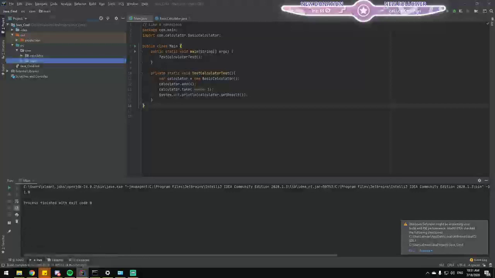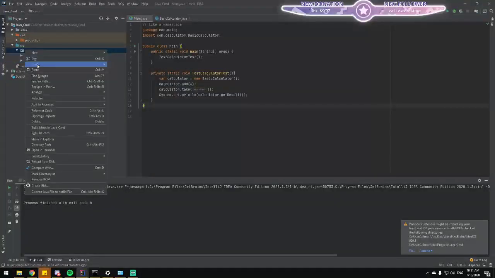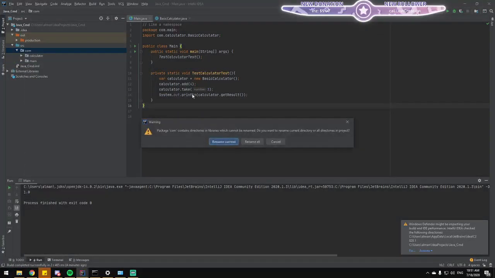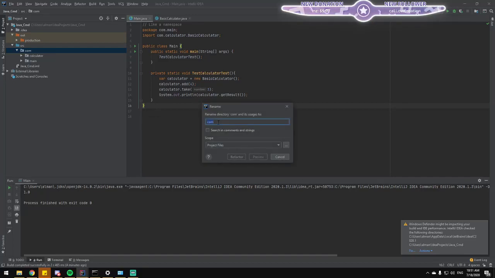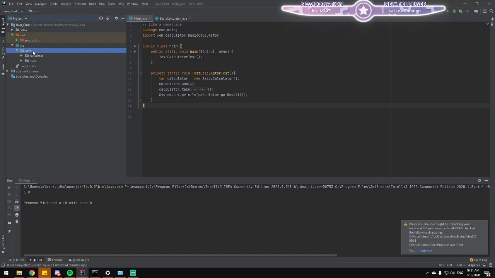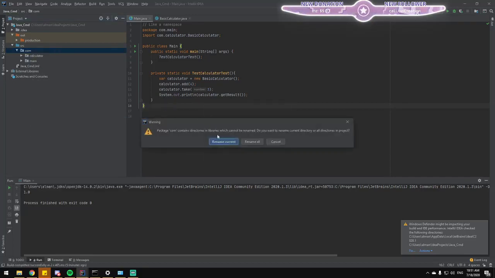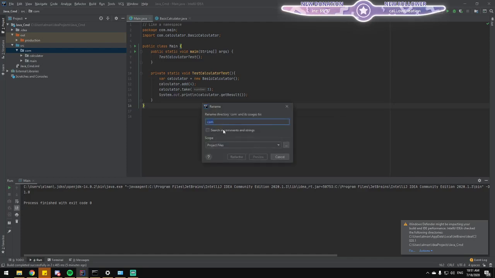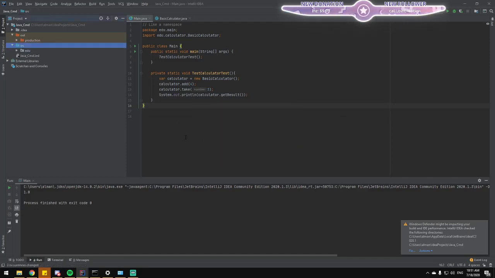So since I will be doing this for teaching mostly, I'll rename it to edu. It says rename all. What's the difference? com contains directories, numbers cannot be renamed. Do you want to rename directory or all packages and project? Rename all. I want to rename all to edu, as it makes more sense. Yeah, and it changed neatly.